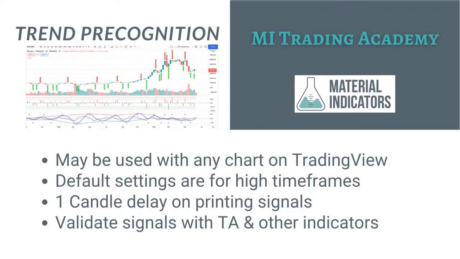A very, very important fact here, really critical for you to remember, is that TradingView imposes a 1 candle delay on actually confirming and printing trend precognition signals. So you may see an arrow, a signal flash off and on through the course of that candle, but it will not be confirmed and printed unless it is still valid at the time that the adjacent candle, meaning the very next candle, closes. So we'll overlay a chart here in a second, and I'll illustrate exactly how that works and how that plays out for you.